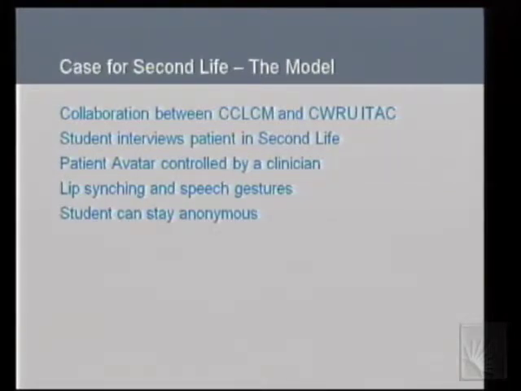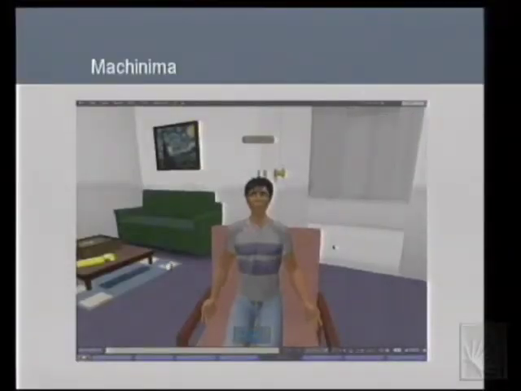And the student, in addition, can stay anonymous. So the faculty member doesn't know who the student is, which adds a couple of things. You can get more honest feedback. And Sue is actually a wizard who can change the voice from male to female or whatever. So you can totally mask the student's identity and get very honest feedback about the encounter. And like we just heard, you can capture the entire encounter digitally because it's built into the system. So you don't have to set up a videotape and all that. Plus, being anonymous, you don't have to worry so much about reusing the tape somewhere else because the student's identity is never known.